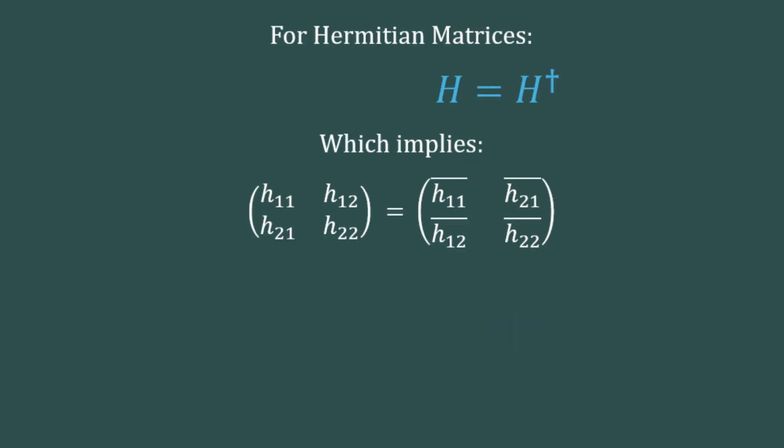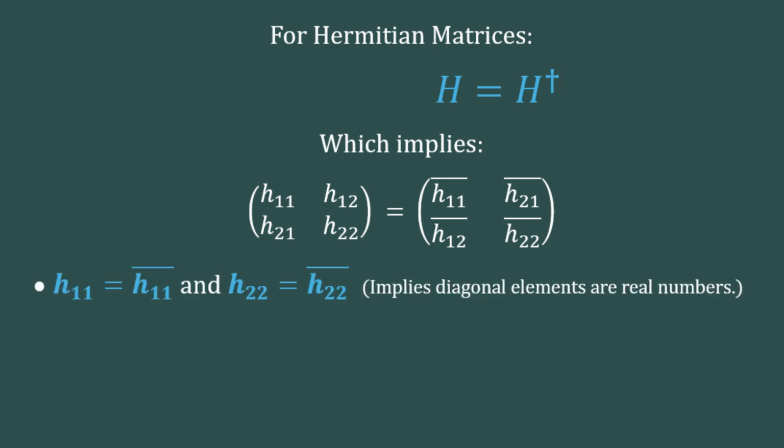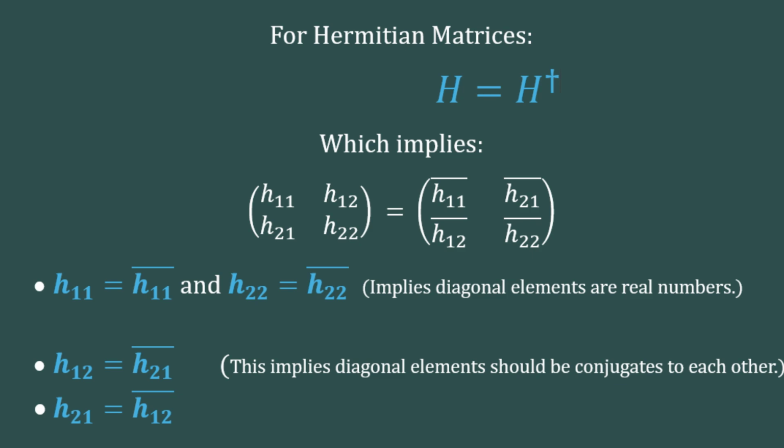Now let's revisit the definition of Hermitian matrices. As we mentioned earlier, Hermitian matrices are matrices that are equal to their conjugate transpose. For this condition to hold, the diagonal elements h11 and h22 must be equal to their own conjugates. This implies that these diagonal elements must be real numbers because only real numbers remain unchanged under complex conjugation. Additionally, the condition h21 conjugate equals h12 tells us that the off-diagonal elements h21 and h12 must be complex conjugates